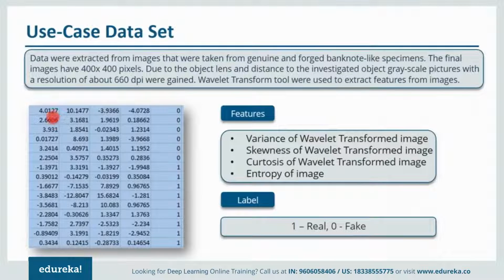So the first feature, or the first column, is nothing but the variance of a wavelet transformed image. The second column is about skewness. The third is kurtosis of the wavelet transformed image, and finally the fourth one is entropy of the image. After that, when I talk about the label, which is nothing but my last column, over here if the value is 1, that means the pattern represents a real note, whereas when the value is 0, that means it represents a fake note. So guys, let's move forward and we'll see what are the various steps involved in order to implement this